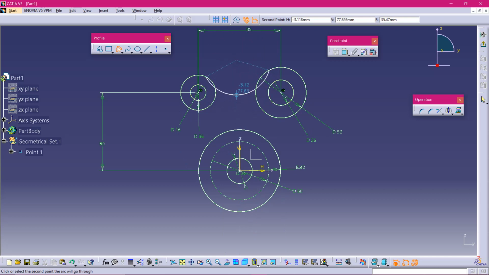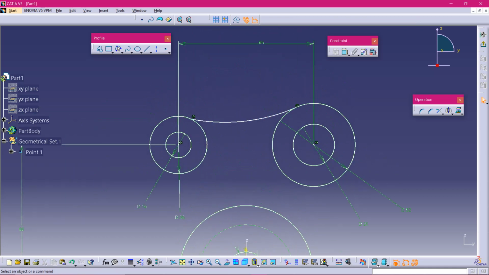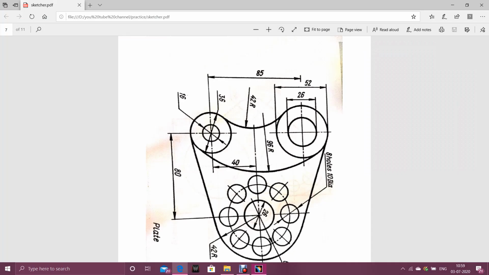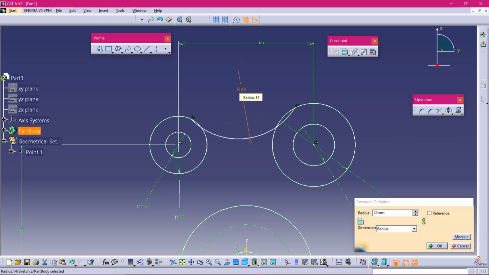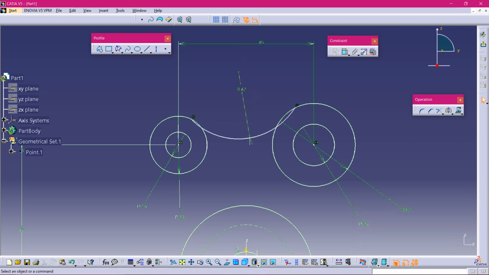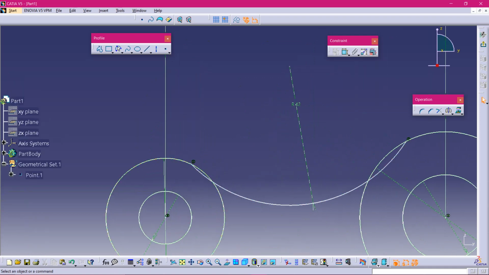If you don't press the Shift button, see, you will get relations like here, finding tangency and also with the axis. When you press Shift you don't find anything, so just keep it. And the most important thing, you have to give the radius. How much was that? I forgot. That's 42. Okay, just give it 42 mm, but it's still not constrained because you have to relate these two,